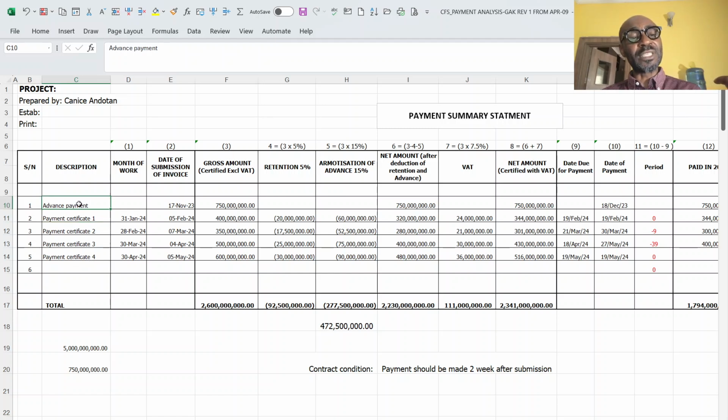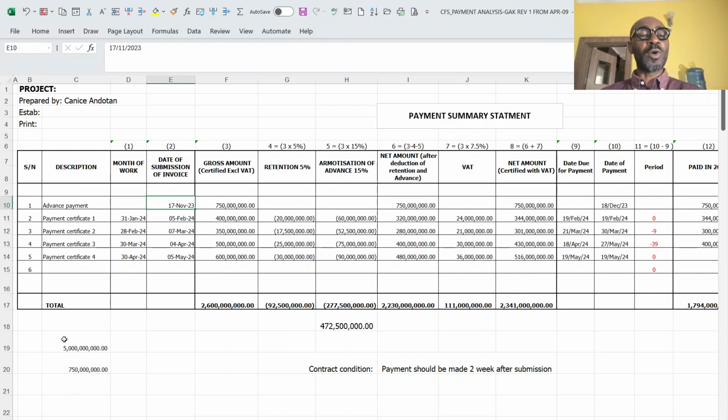I had received an advance payment in November 17, and just like we know, all the figures on this sheet are assumed figures, because we are not on a site where I am using facts from a particular project to prepare